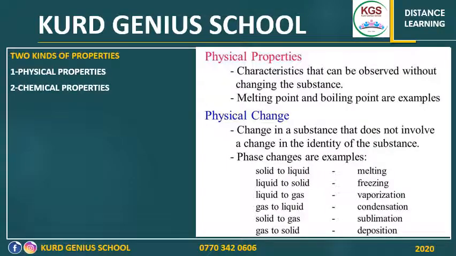As I mentioned, we have two types of properties: physical properties and chemical properties. First of all, I'm going to talk about physical properties. Physical properties are the characteristics that can be observed without changing the substance. We have many physical properties. The first ones are malleability, ductility, and also density and buoyancy. Guys, physical properties can be observed or measured without changing the composition of matter. Physical properties are used to observe